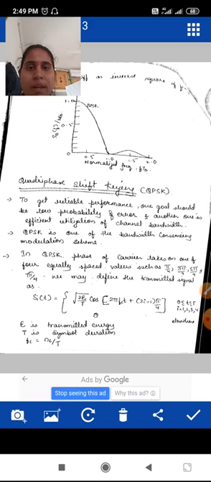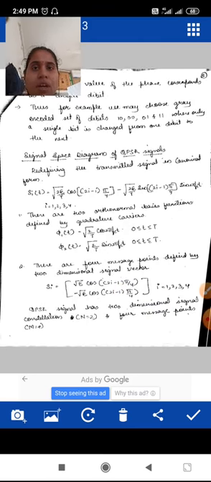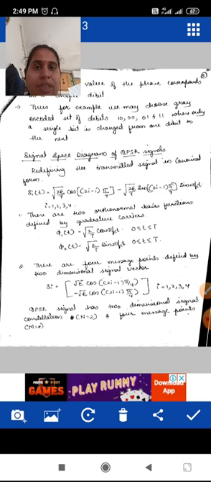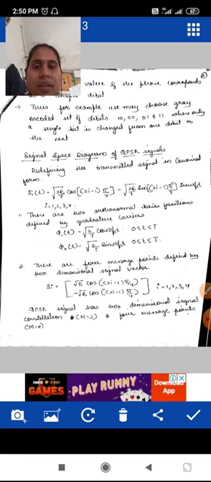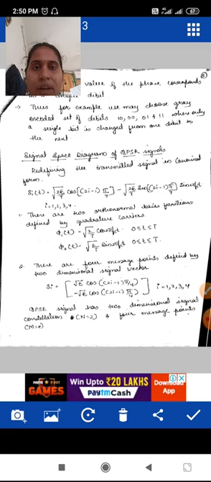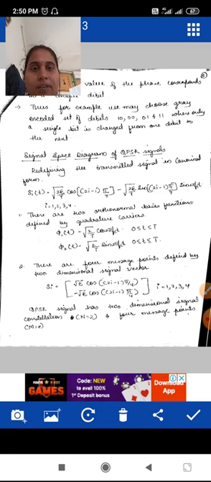Now next, we are going to use a gray encoded set of dibits, that is 10, 00, 01 and 11, for the representation of symbols. The meaning of gray coding is that whatever coding we have used, from one symbol to another symbol it varies by only a single bit.